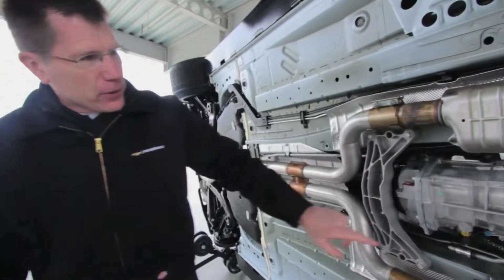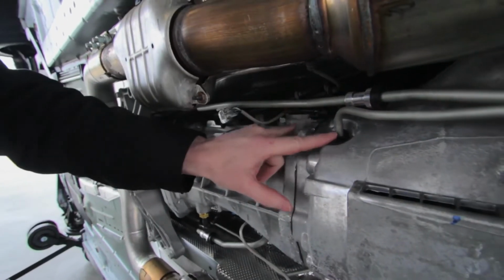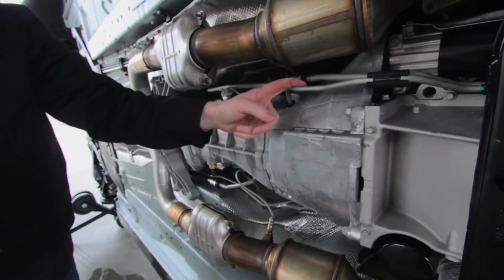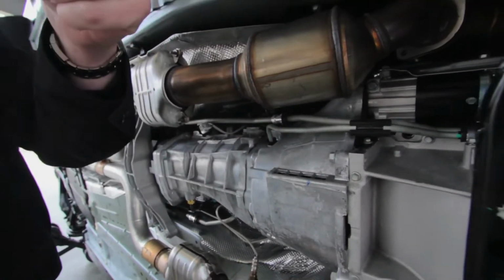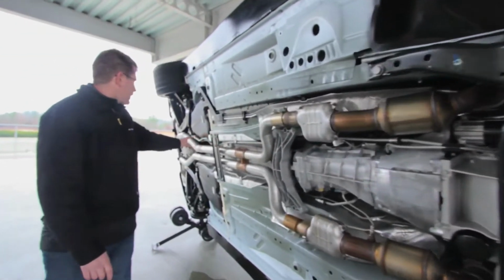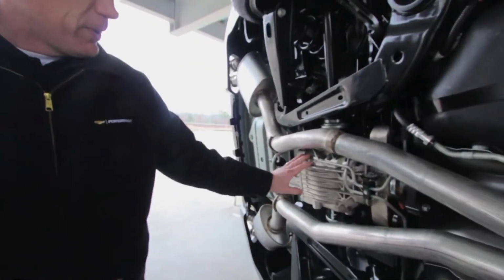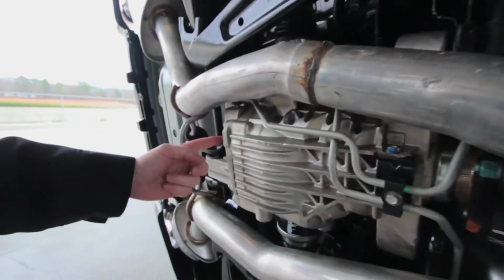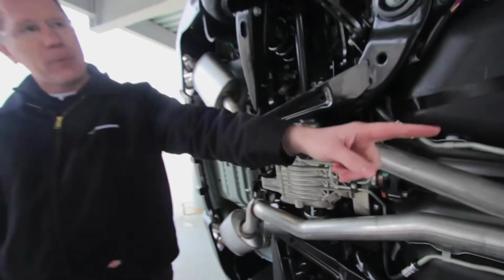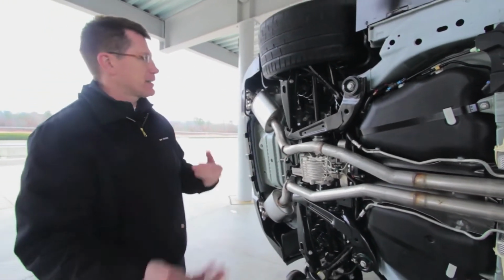The other interesting thing we did on the car is, here are the cooler lines for the TR6060 Tremec 6-speed. We have a little gerotor pump in here. We pump the transmission fluid forward, go through a heat exchanger in the bottom of the radiator, then take that fluid and pump it all the way back to the back of the car. We go through an oil-to-oil heat exchanger in the differential. So that chilled oil comes back here, goes through the rear diff, and that fluid is still cool enough. We go back up to the transmission, and it keeps both the trans and the differential at the peak operating